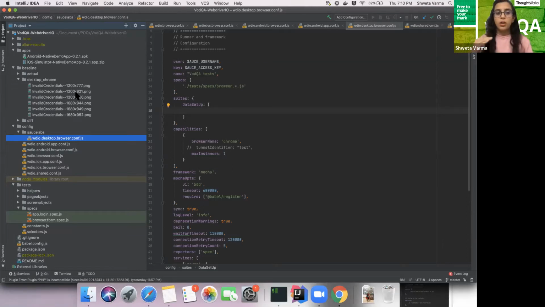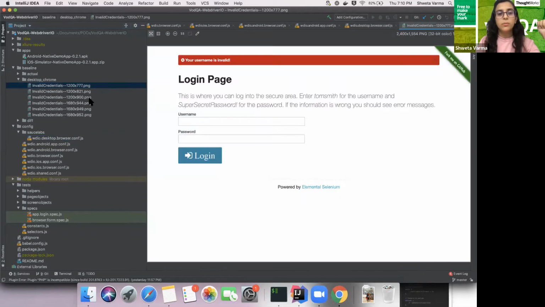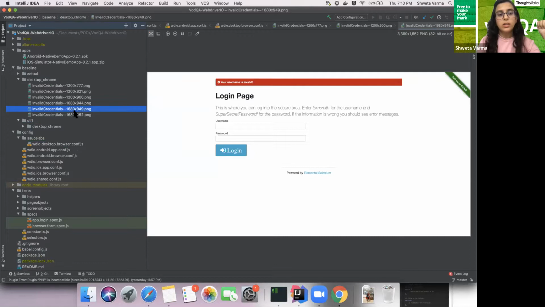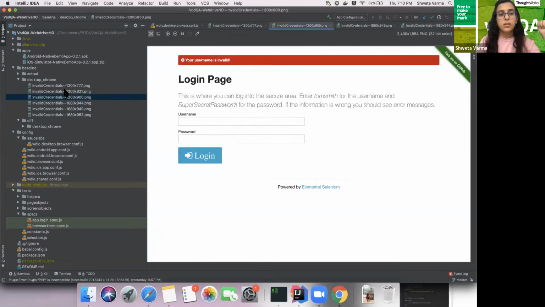One is for valid credentials and it gets logged in, and one is for the invalid one. I have captured this for invalid credentials, and then you can see the size of the browser gets aggregated with that. If I click on it, it gives me what image it is, and you can see the difference between the sizes.